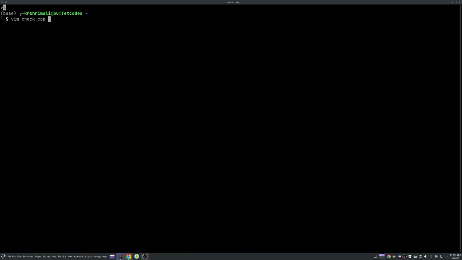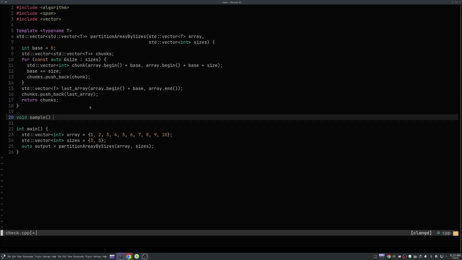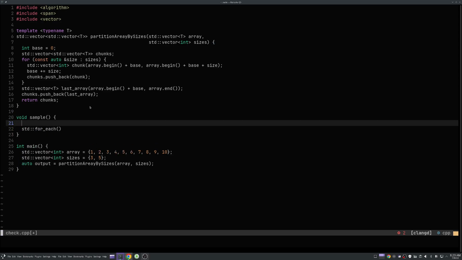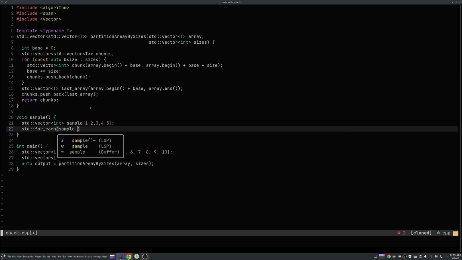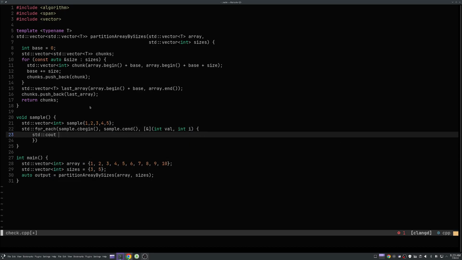Vim check.cpp, and let's do a for_each. Void sample, stored for_each. Let's have a vector<int> sample {1, 2, 3, 4, 5}, and let's do sample.cbegin, sample.cend, and let's do ampersand probably this, and let's do int val, int i, and we can do std::cout. First we can do val, and then we can do sample of i, and if this works,